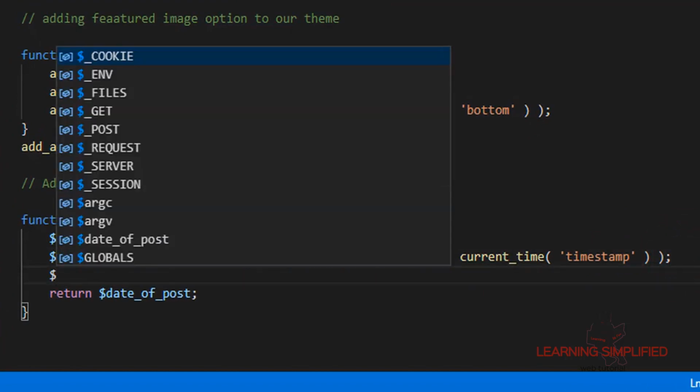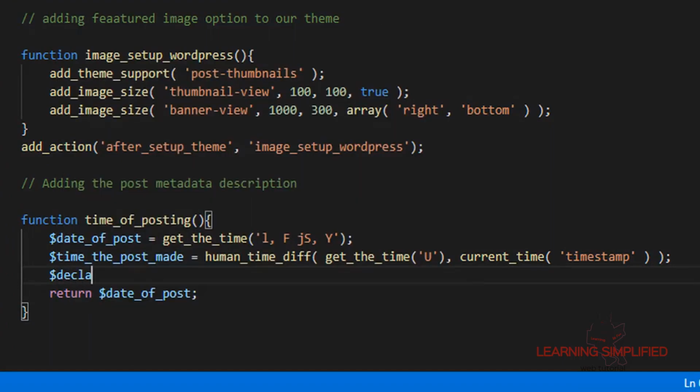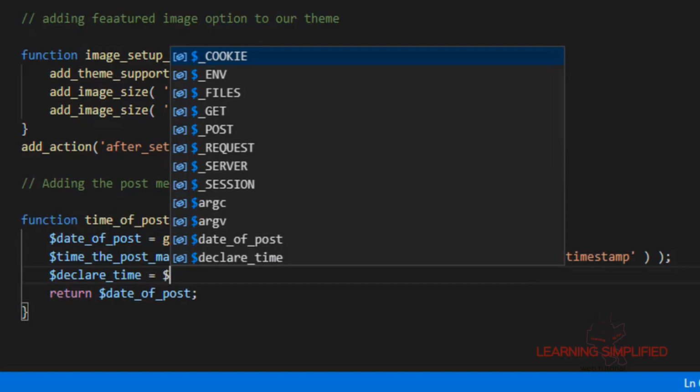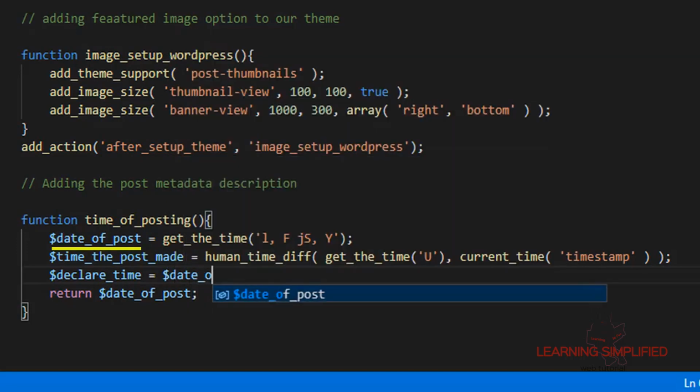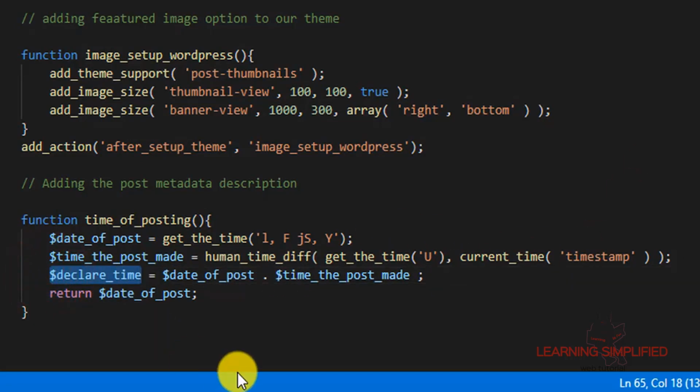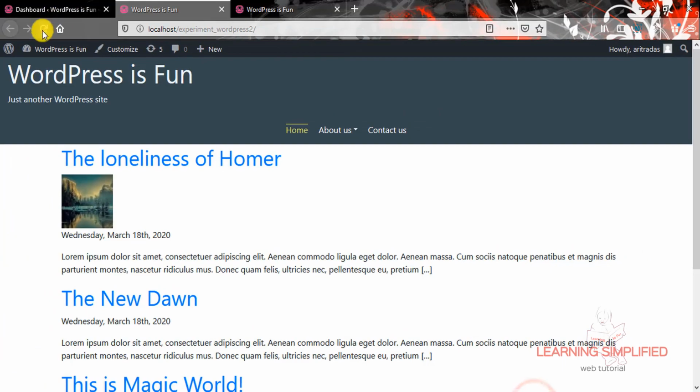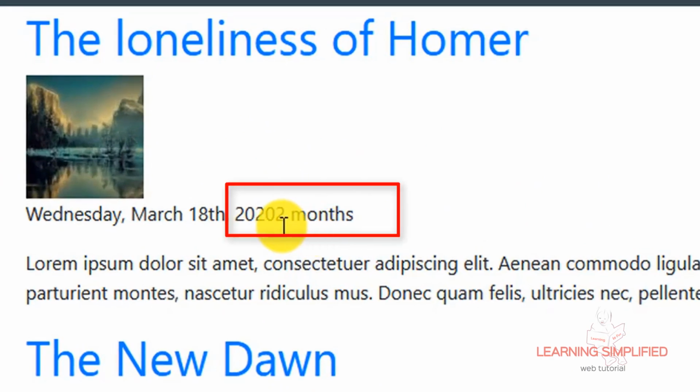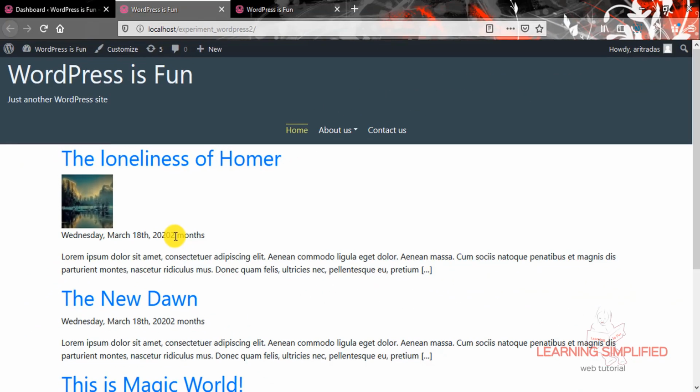Now if we put the semicolon right over here, say we are creating another separate variable, we are naming it declare time, and we are using both the variables, date of post with the variable known as time the post made. So we are storing both the values into this individual variable, declared time, and we are returning this variable to our post. Press Ctrl S, head back to your project and reload. You can see that here comes the result,